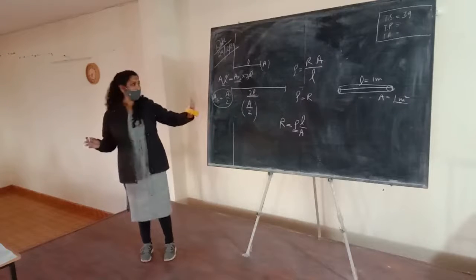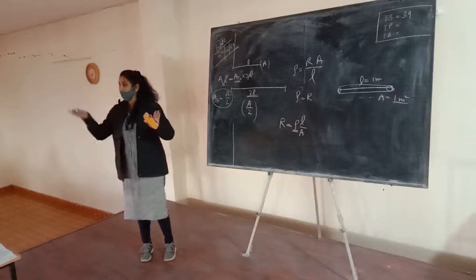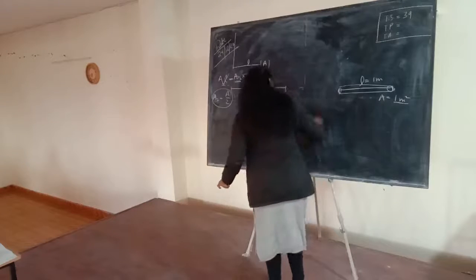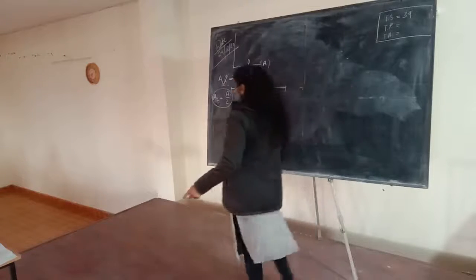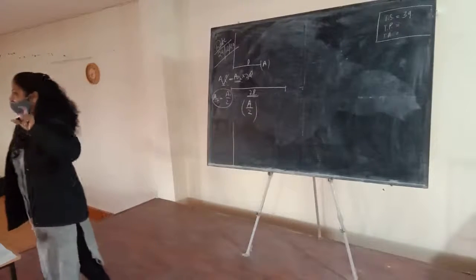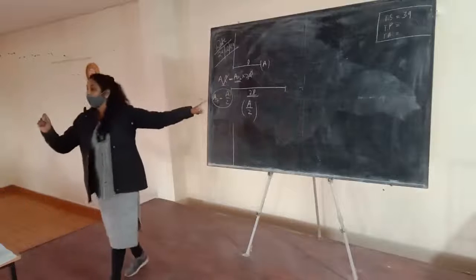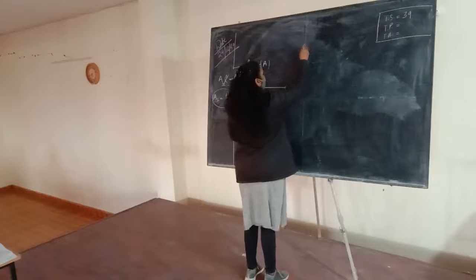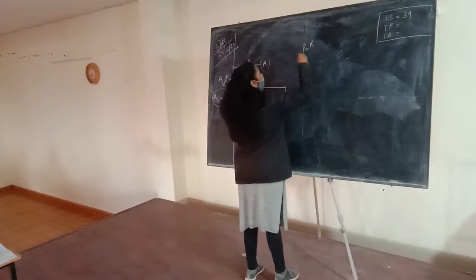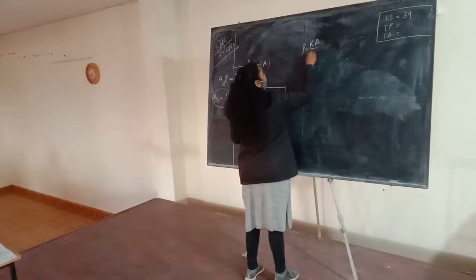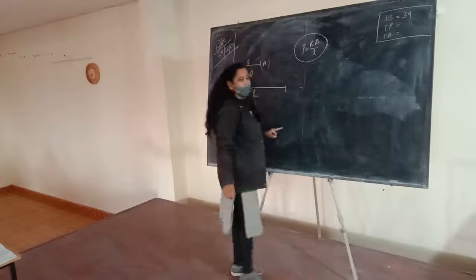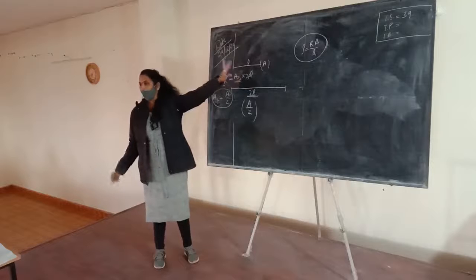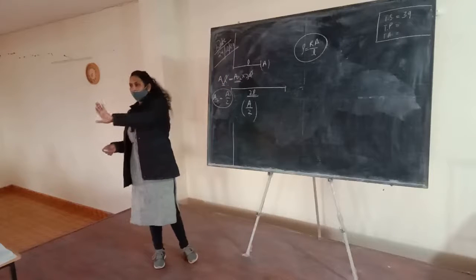So if someone asks how the resistance of the wire will change, you know resistivity is a basic property of the material which does not change on changing the length or the area of cross section. So by the first values we can find the resistivity of the wire. It should be R is equal to rho L upon A. This is the resistivity of the wire which we have earlier. Now by changing the length, resistivity doesn't change.